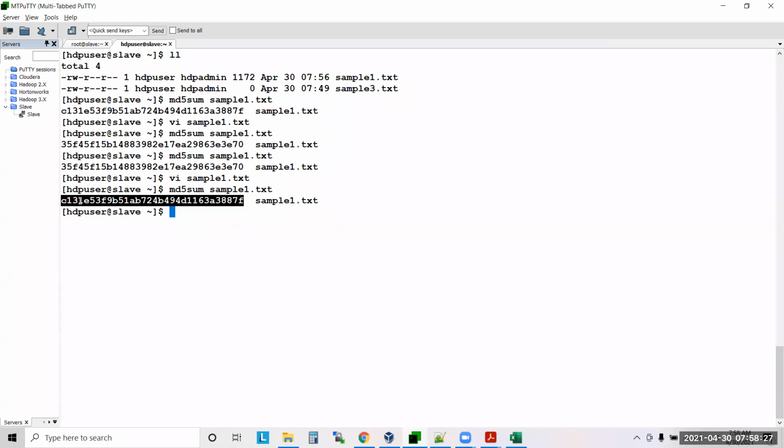You just run the md5sum checksum command. If both the checksums are matching, then both the files are the same. If the checksum is not matching, the file content is different. Even for one extra space, the number completely changes. This is how you can verify whether two files have the same content or not.